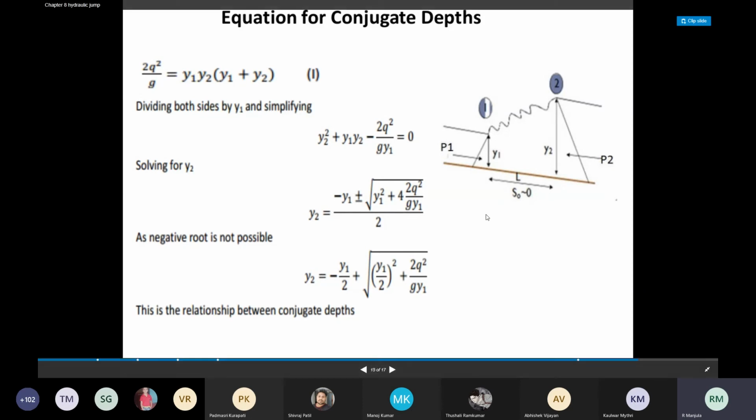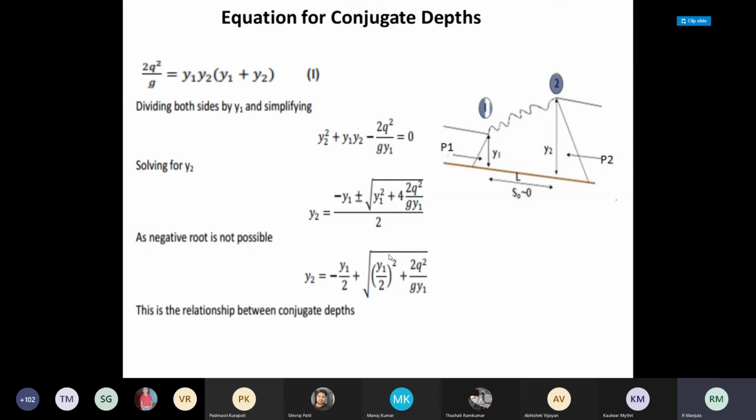So once I know my discharge per unit width and my y1, I'll be able to find out my conjugate depth on the downstream. This is the important expression, an important relation. Please remember, this is the most important derivation for hydraulic jump. What we are talking about is only for uniform flow. Okay,